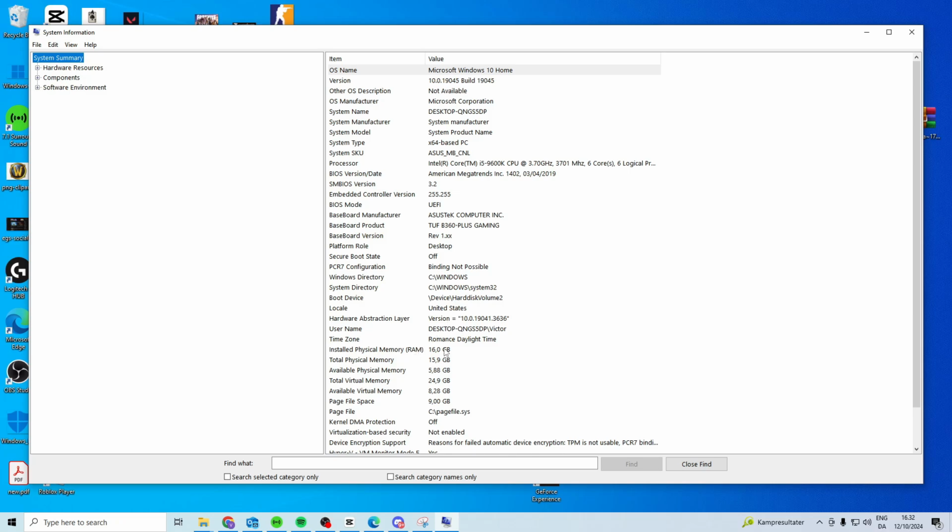Now you can see your RAM that you have installed right here. You'll be able to see your processor. You'll be able to see if you're 32 or 64. You'll also be able to check your current Windows, as well as if you head over here and go more